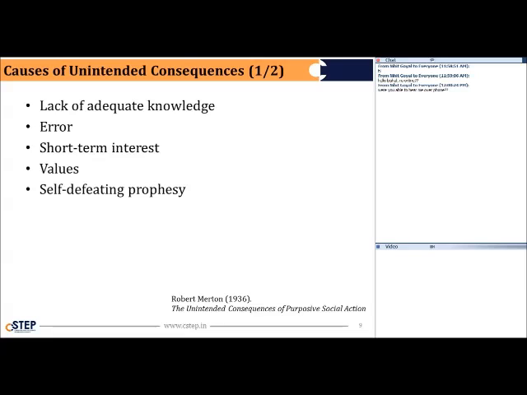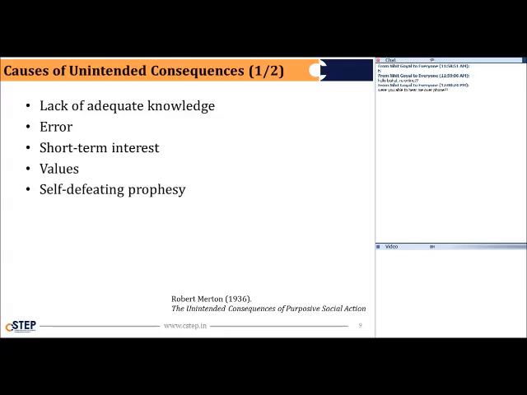Okay. Moving on, what could the causes of unintended consequences be? I think from the examples we have seen, they have been very useful in highlighting some of these possible factors which lead to unintended consequences. The list here is from Robert Merton, who was really the one who formalized this concept way back in the 1930s. He talks about lack of adequate knowledge or ignorance as a primary reason for unintended consequences, and also says the unpredictability of human behavior also sort of leads to